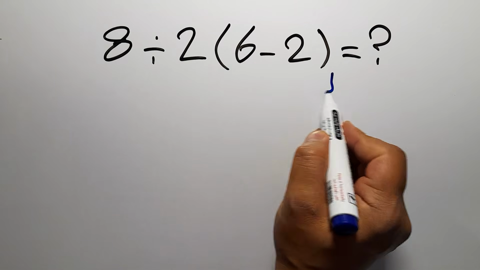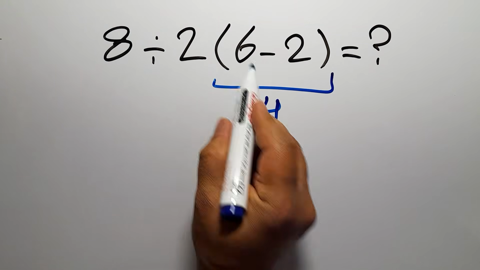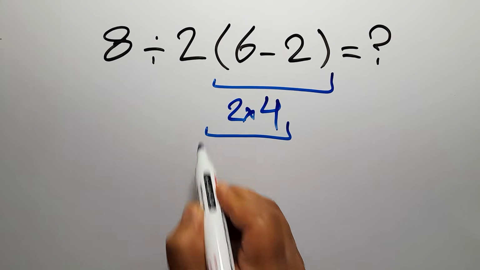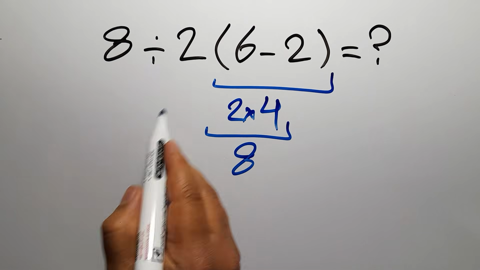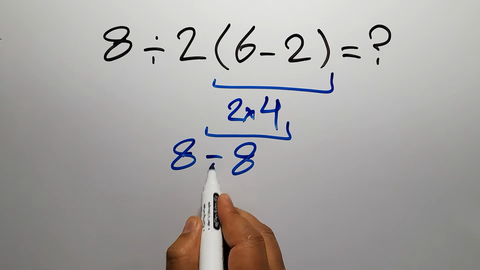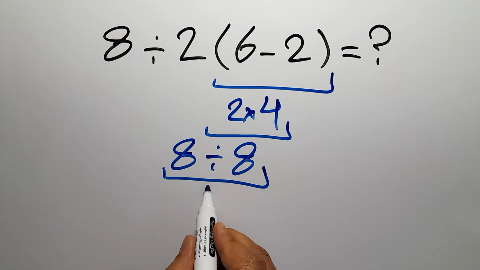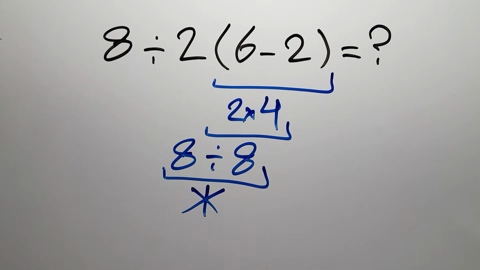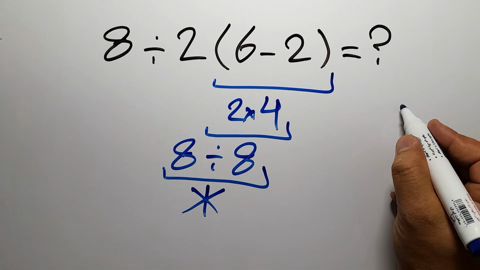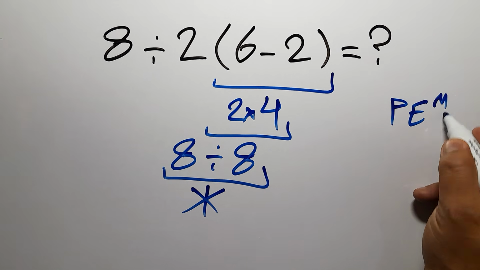6 minus 2 gives us 4. So 2 times 4, which gives us 8. And 8 divided by this, which equals just 1. But this answer is not correct, because according to the order of operations, which is PEMDAS,